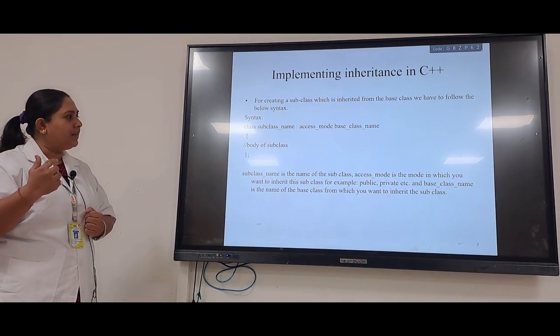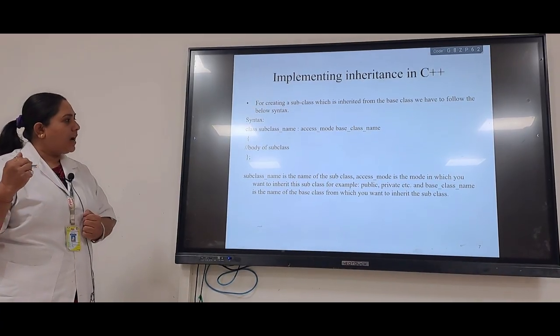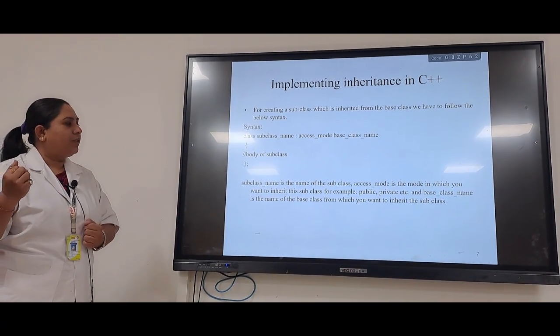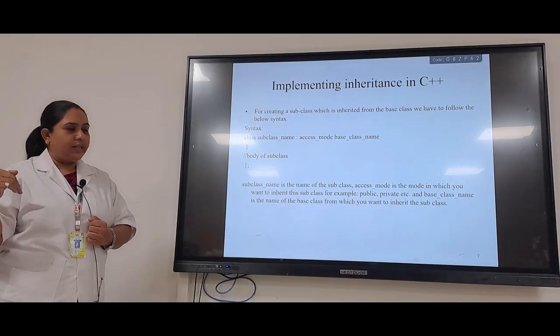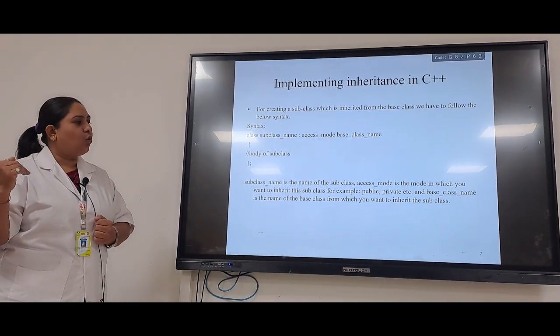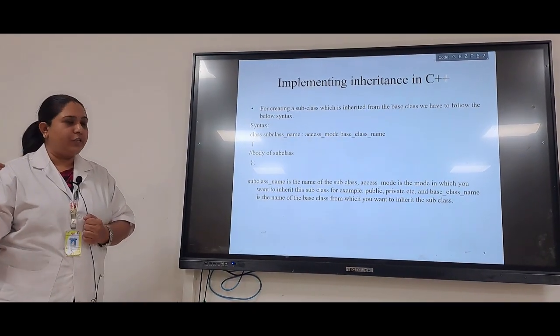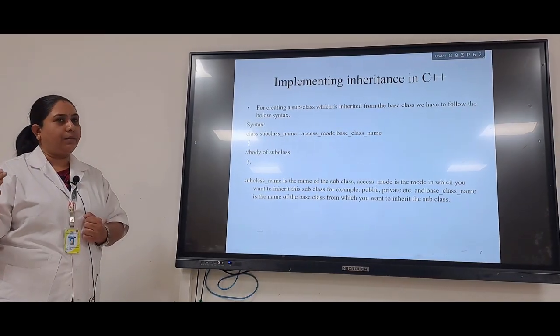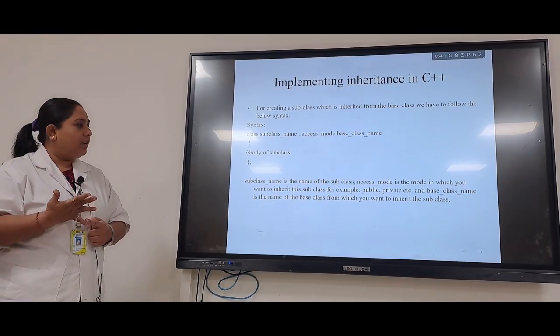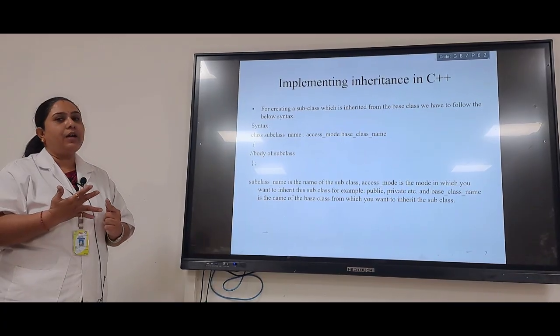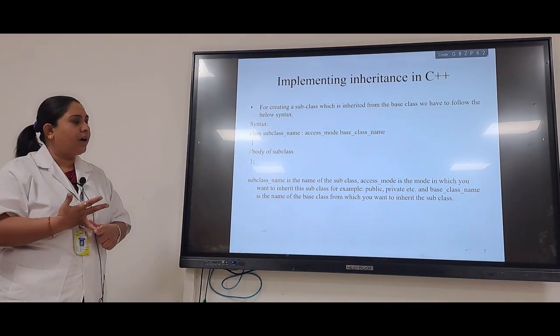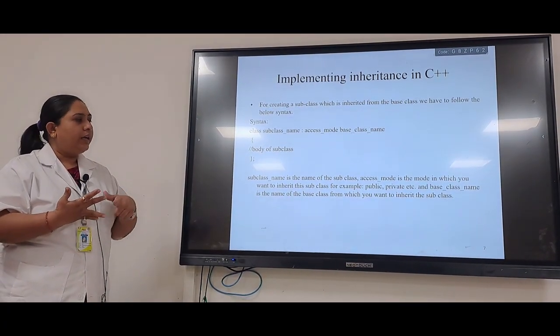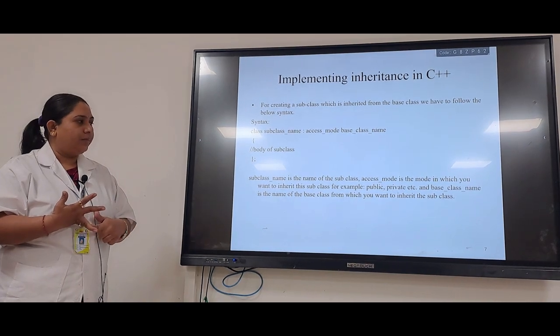Here in this syntax, the subclass name is the name of the class which is inherited. Access mode specifies the mode in which we are going to inherit the subclass. We may have private or public access specifiers, and we have to mention that.